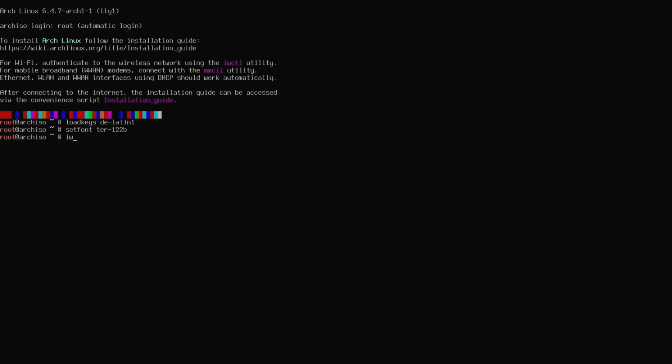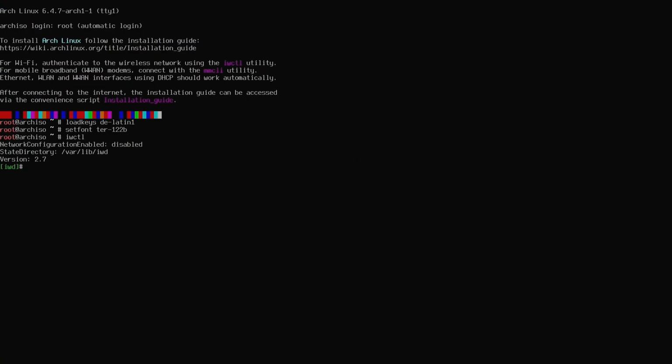Now I need to enable networking. Since I'm running Arch Linux on a laptop, I want to configure wireless networking. I use the iwctl tool for that. So I type iwctl and hit enter. Once iwctl is loaded, the first thing I want to do is check for the available wireless adapters. I therefore run device list, and I have a Wi-Fi adapter called wlan0, and now I can type station